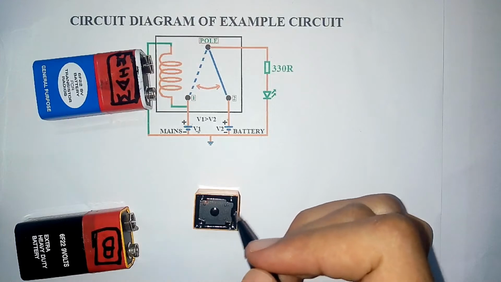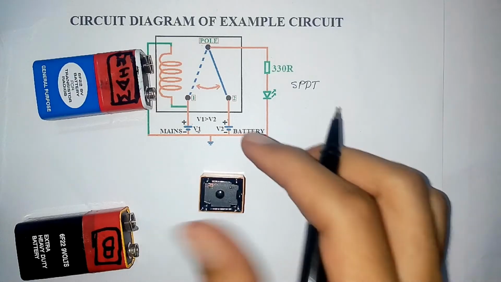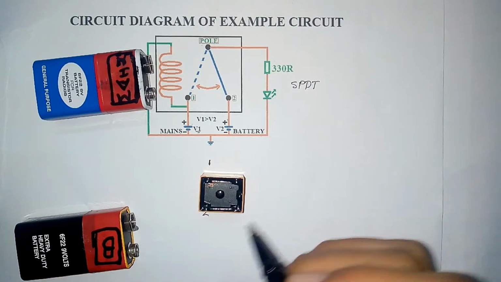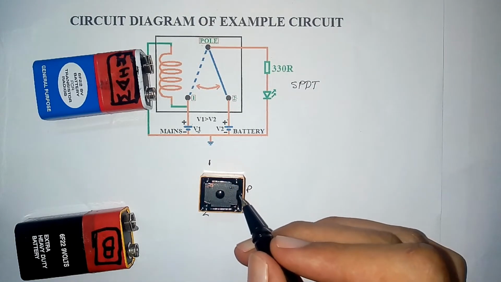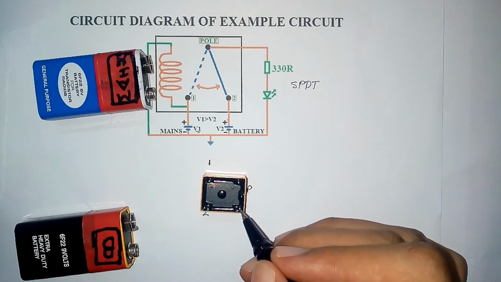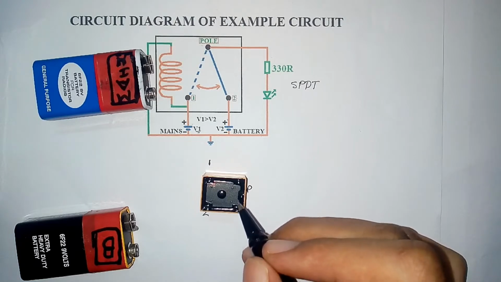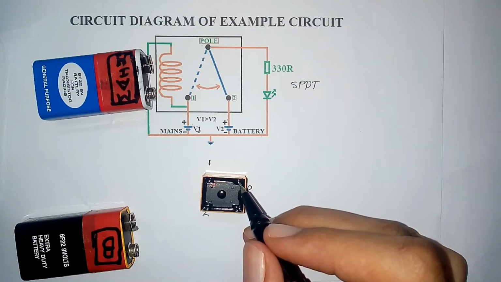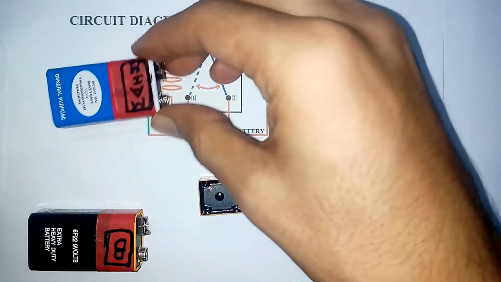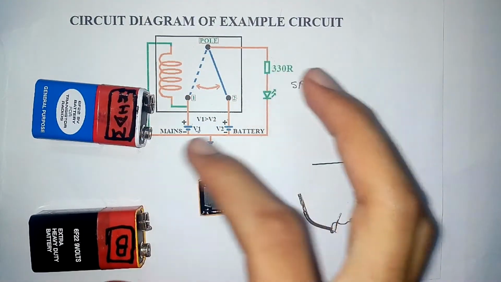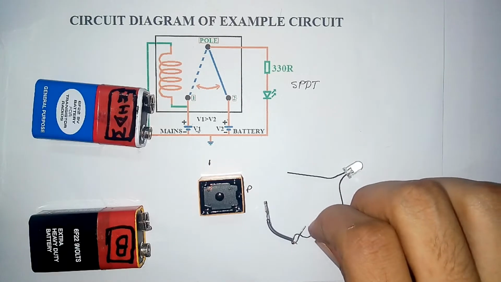So this is an SPDT relay in which these two represent the throw positions. This one is the pole and these two represent the trigger pin. This relay is not polarized, so if one pin is taken as trigger, the second pin must be grounded. So this battery represents V1 and this one represents the inverter battery V2. This LED with a 330 ohm resistor acts as a load.